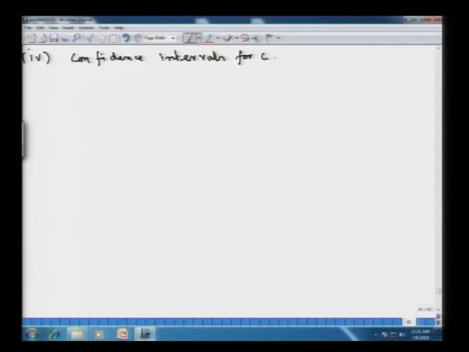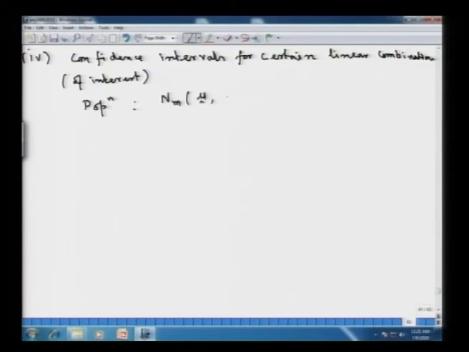For certain linear combinations of interest. Now, the underlying population still is a multivariate normal. So, the population is a multivariate normal m dimensional with a mean vector mu and a covariance matrix sigma, which is assumed to be positive definite. So, we have this sigma matrix to be positive definite, and suppose we are interested